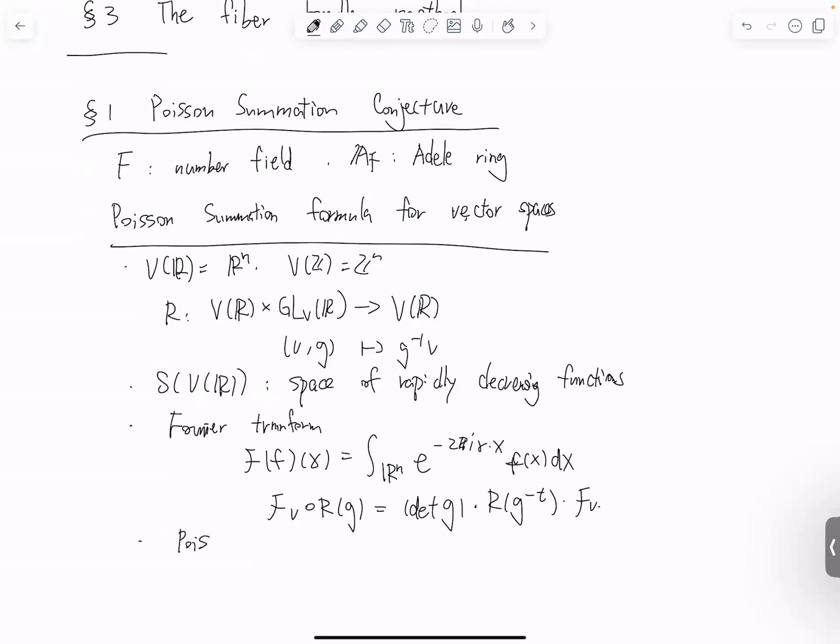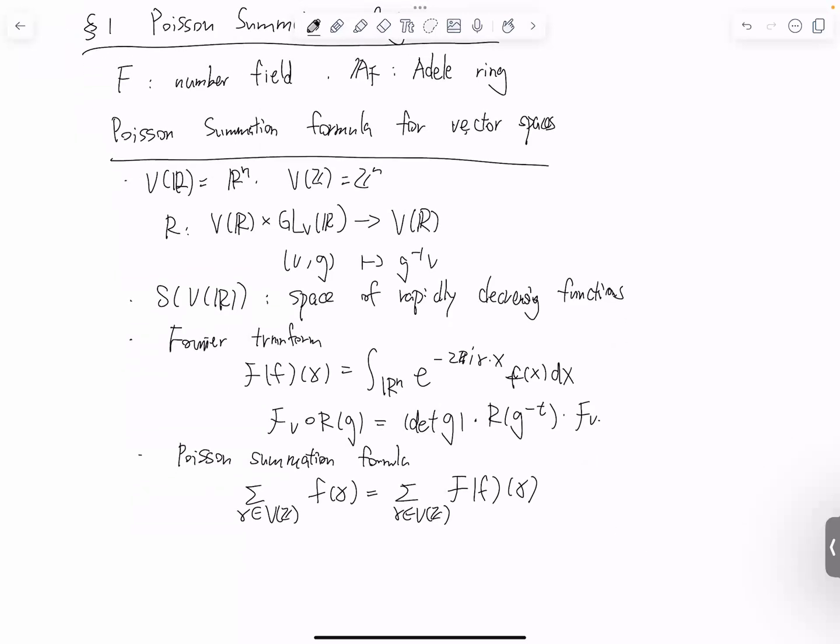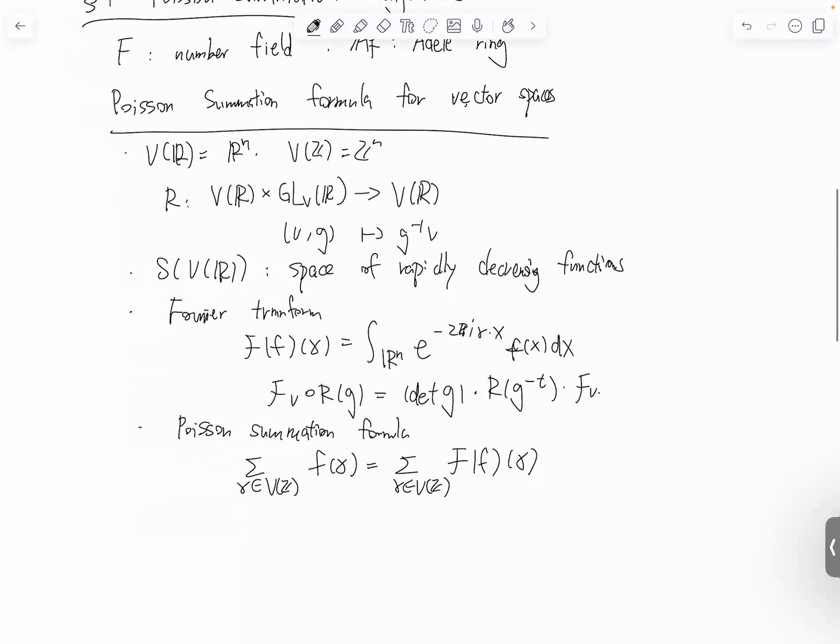And we have the Poisson summation formula, which is the sum over gamma in V_Z of f(gamma) equals the sum over gamma in V_Z of the Fourier transform of f at gamma. So this is the Poisson summation formula for vector spaces, which will be used in the adelic case now. Now I will talk about integral representation for standard L functions